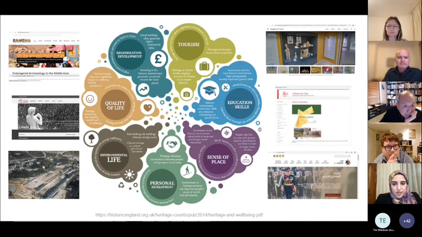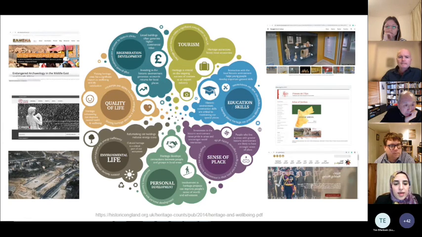Most of the data sets can be linked to one aspect that can be developed at a later stage. For example, you can look at the databases and their development for tourism purposes, and that applies even to MaDiH. You can look at its development in the direction of education and skills, where you have publications. You can link them to the intangible heritage of Jordan. For example, we have a website for the Royal Jordanian Heritage, which can link people to the sense of place.